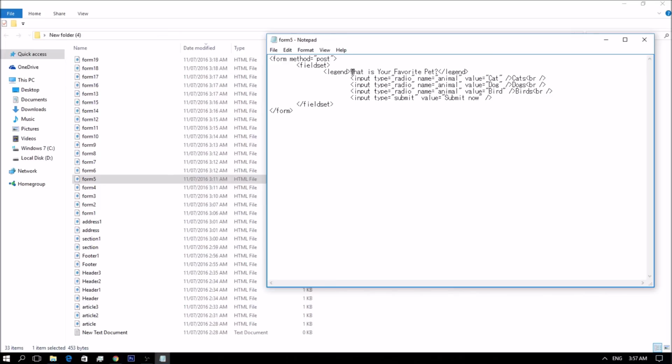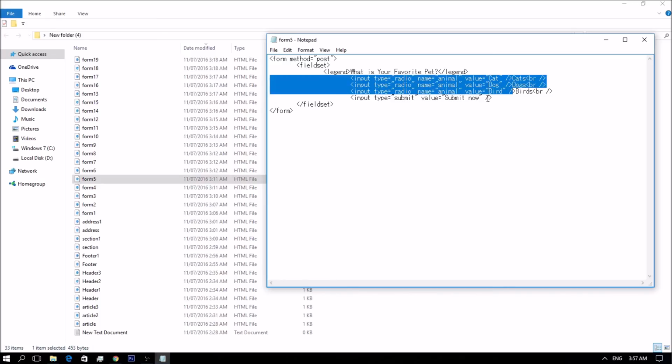So I enter the question here and the choices that the user can choose from. The value attribute defines the string that is being sent to your email, to the database, or however you choose to handle the input. So radio buttons are a suitable choice when you want to present a lot of options to the user, but at the same time, make sure they choose just one.